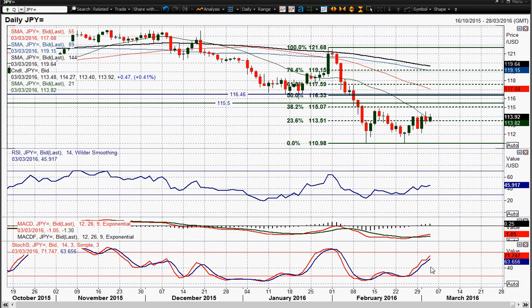But you'd still say, looking at the momentum indicators, they're all still moving positively. Nice gains or acceleration higher on the stochastics, and also the MACD lines rising, RSI rising. So you're still sort of confident of the continued recovery in this move. Yesterday's high,